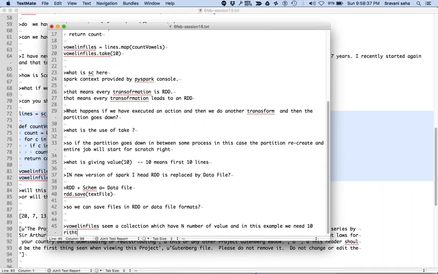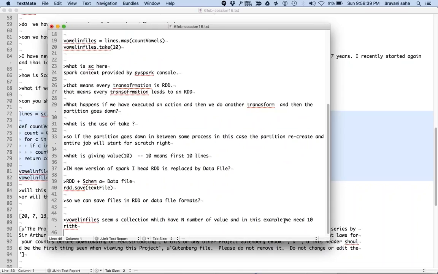A question from Ashok: vowels in the file seems a collection that has n number of values, and in this example we need 10. Yes,